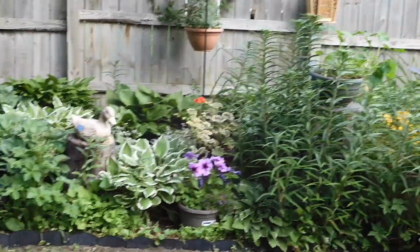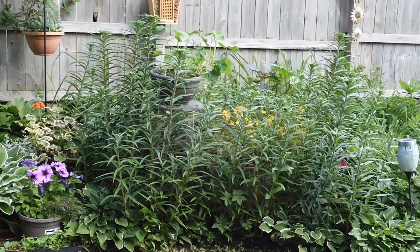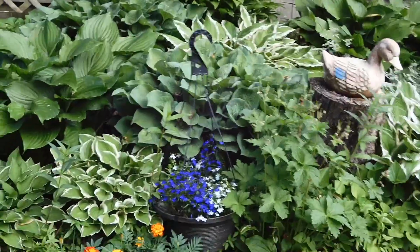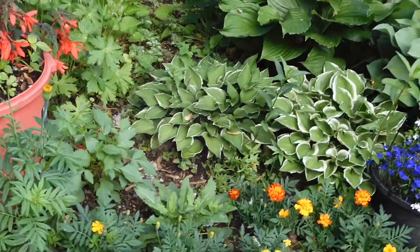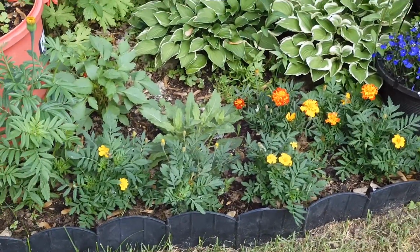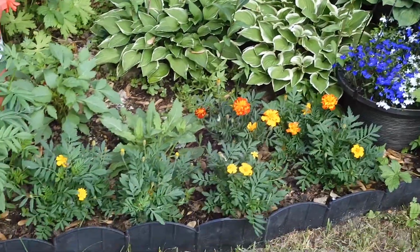Same with over here. This is all just so nice and full, and got some pretty blooms happening. All of these lilies will bloom eventually. I don't want to say soon because I don't think that it is soon. It'll probably be another month or so before those really take off blooming. Proud to say that all of this stuff that I started from seed is filling in this beautiful little area